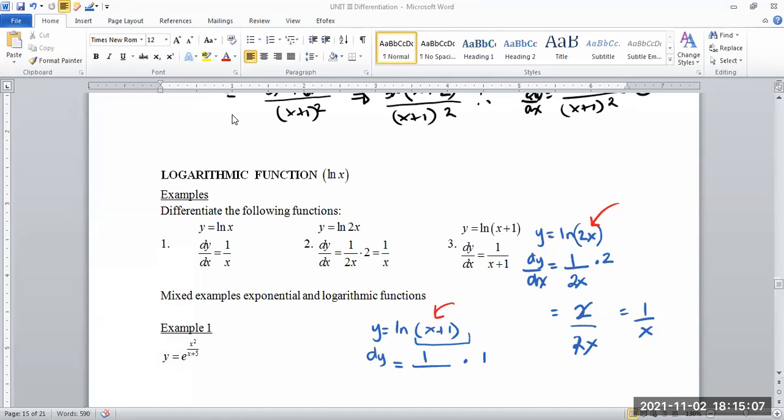So what we looked at was just the differential of the exponential function, and we have also looked at the differential of the logarithmic function. What we are now doing is some combined questions involving both exponential and logarithmic functions. So really and truly, the differential of e to the x is e to the x, and the differential of ln x is 1 over x in general.